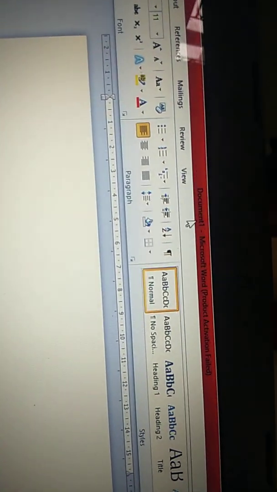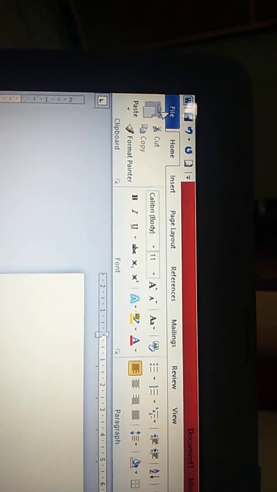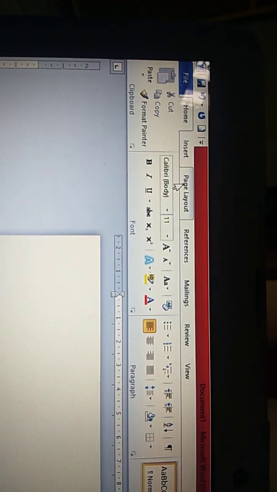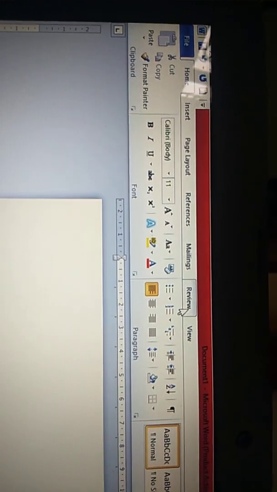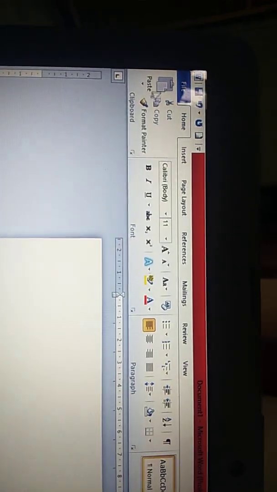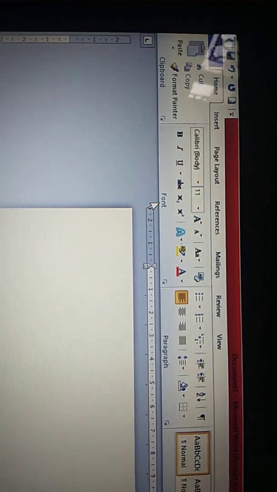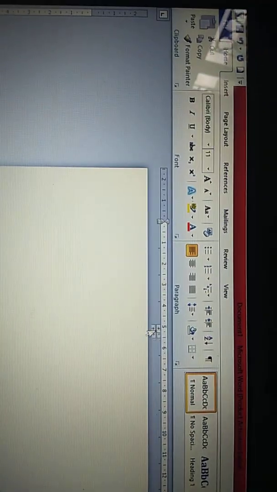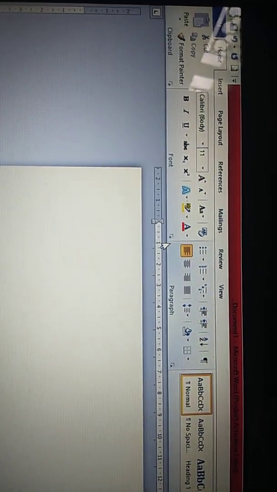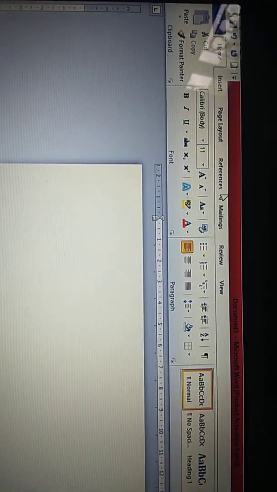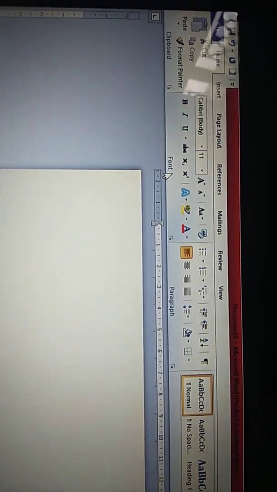Then you have, in the red highlighted part where Document 1 Microsoft Word is written, this is called title bar. Then you have various tabs: file, home, insert, page layout, references, mailings, review and view. These are the tabs. Then you have various options available, and then you have these groups. There is clipboard group, font group, paragraph group, then you have styles group and so on. And at the end of it where this line is written, this is called ribbon area. Ribbon area contains these tabs and these groups.